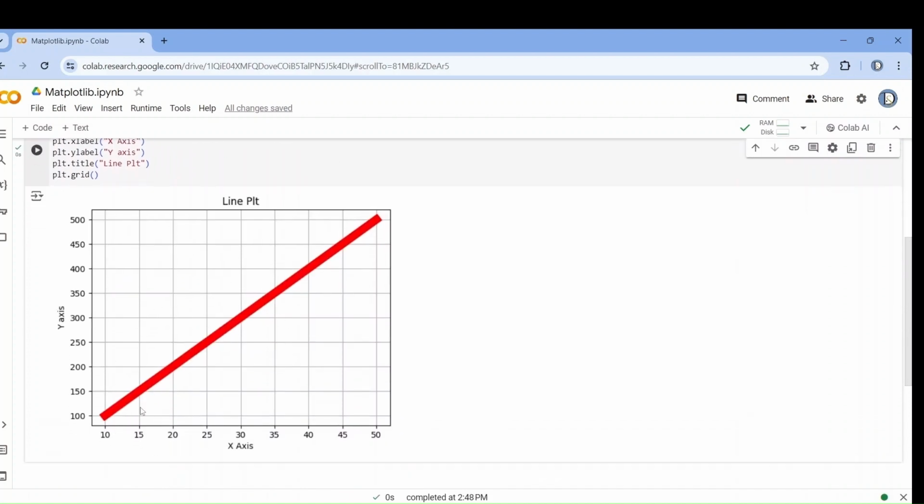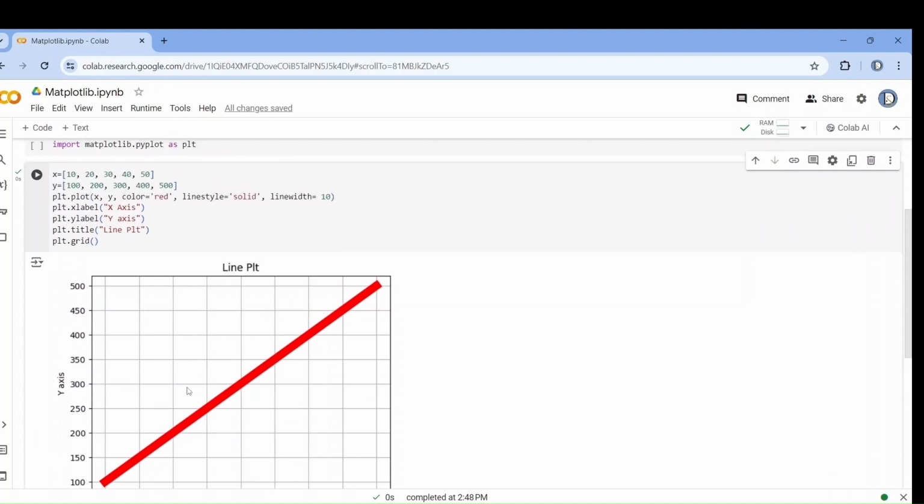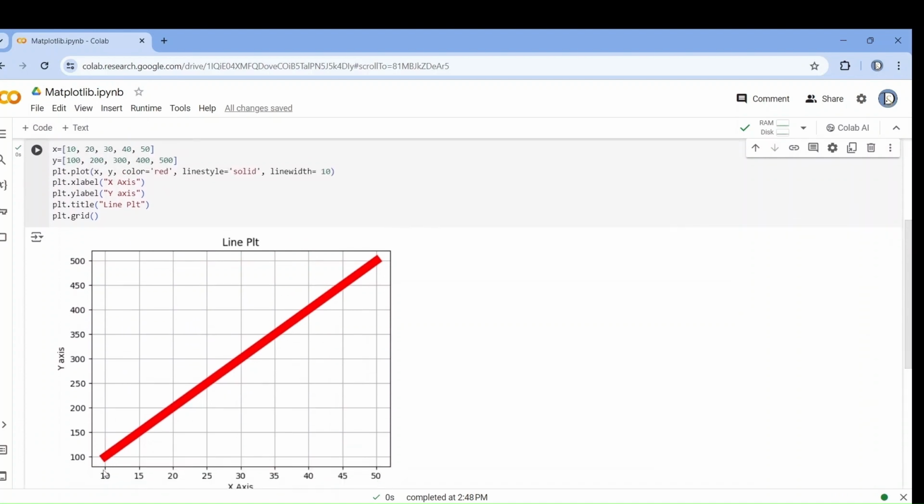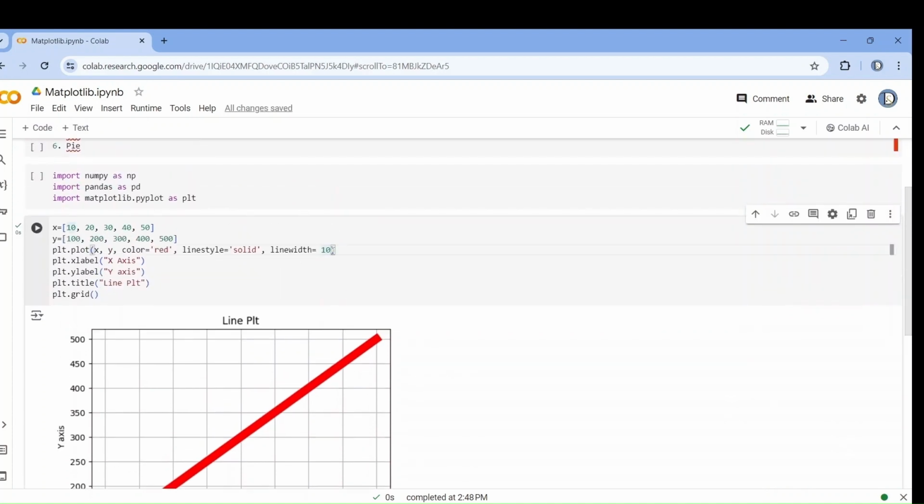See, a grid has been created. This makes things more attractive and more meaningful. You can easily understand that here 10 is pointing to 100, 20 pointing to 200. Now, if you want to show the point more prominently, you can just write marker equals to